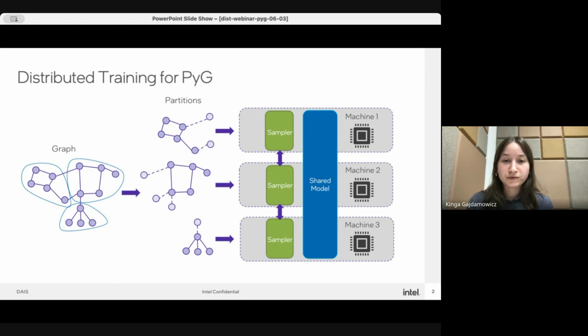In our solution, we follow the data parallel strategy that you can see on the slide, where we have a graph that is partitioned, and in general, one partition goes to one machine. And we have a model that is replicated, or we can say shared across the machines, because the parameters of the model are shared between those machines. There is also one important thing to mention here that is specific for GNNs,